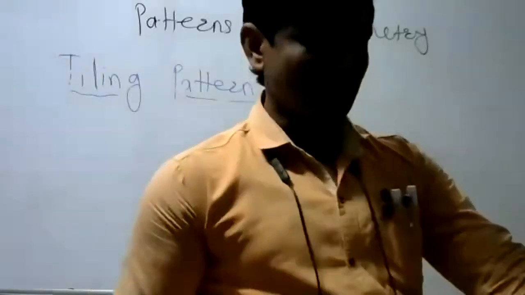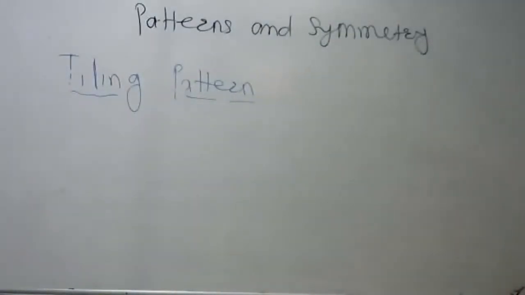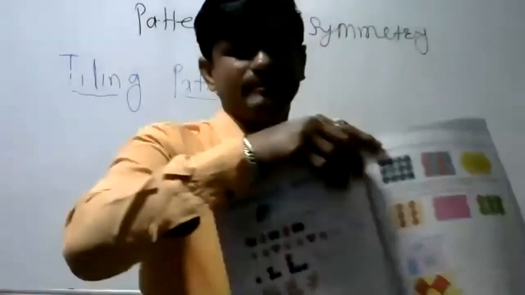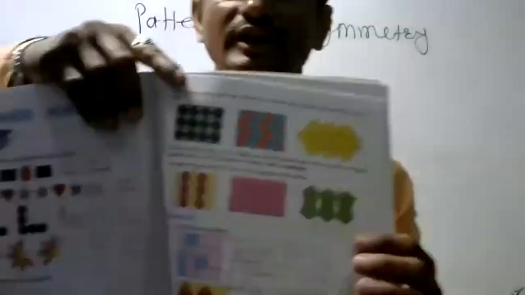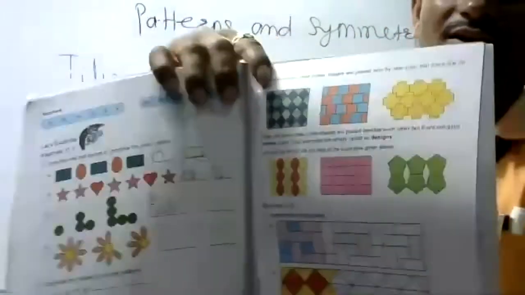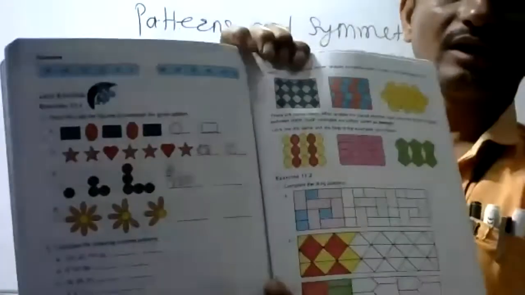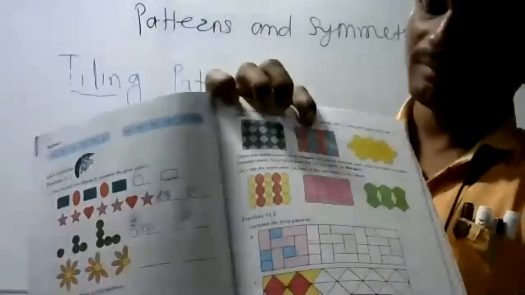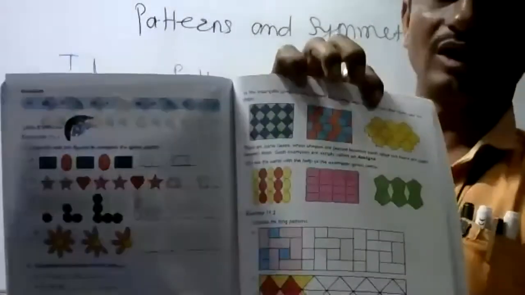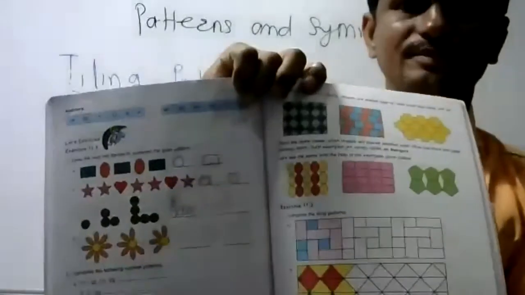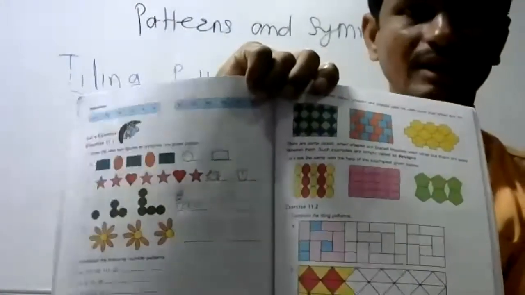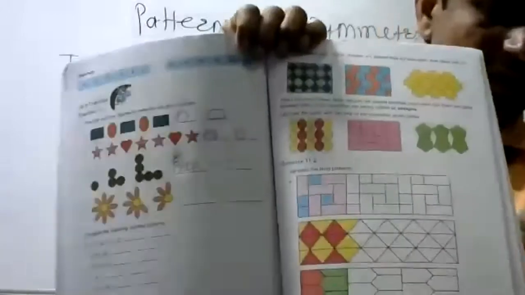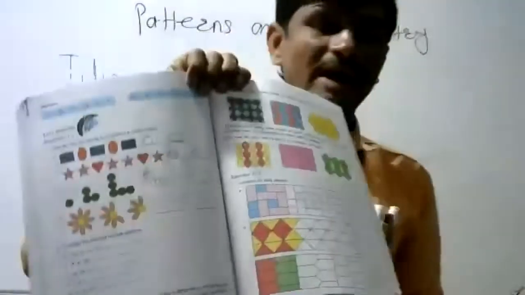See, in your textbook, I will show you about this. See, this is a textbook. Check, everyone, you will get details about this. See, colorful patterns are showing there. This is a different pattern. This is the yellow color. You know this pattern, everyone? Yes, like this we can use tiling pattern.